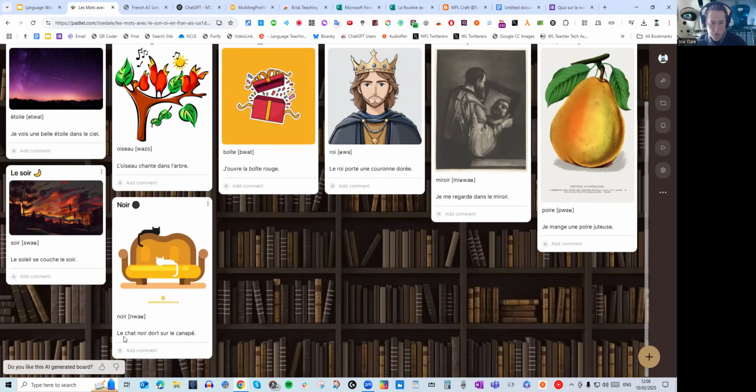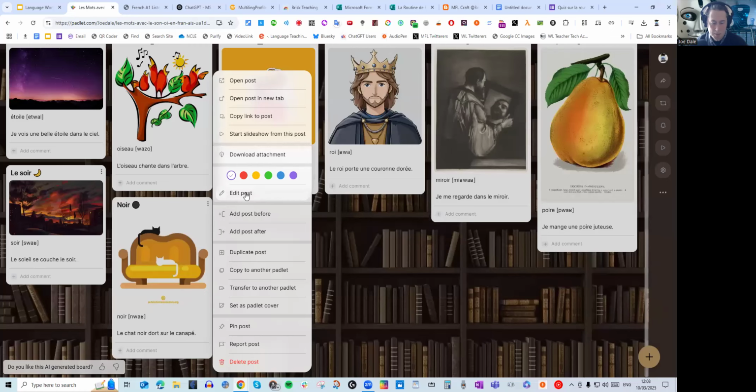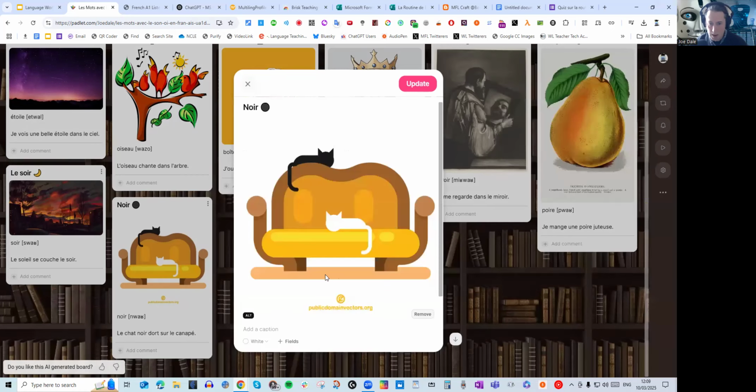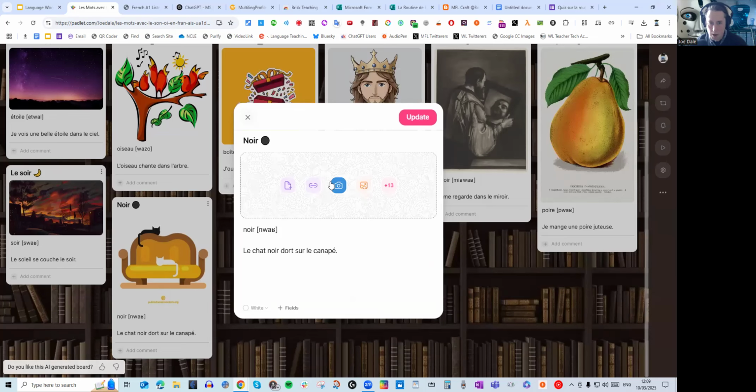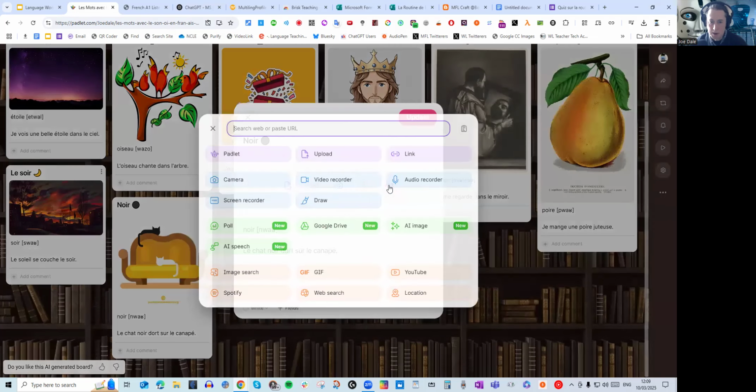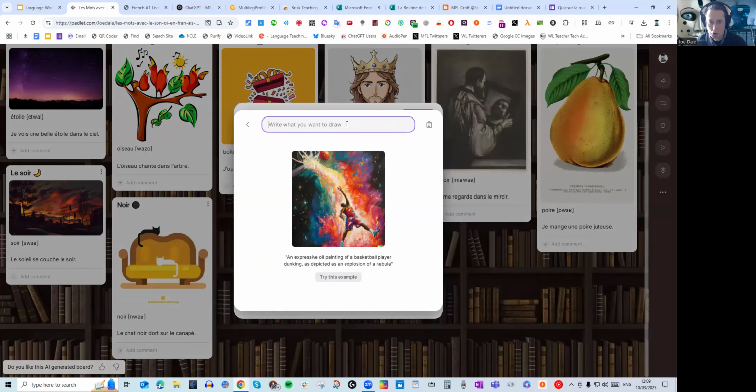Right, so here you've got the black cat is sleeping on the canapé. You've got two cats here. So what we could do is we could click here. We could click Edit Post. Okay. And then we could click Remove. Having done that, we could then click the +13 option and we could go to where it says AI Image, which used to be called I Can't Draw, but now is called AI Image. And then I'm going to write the black cat